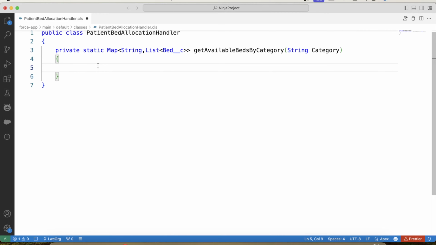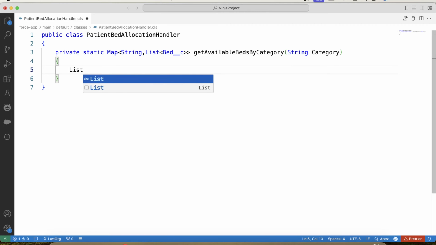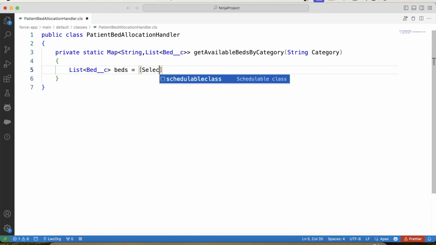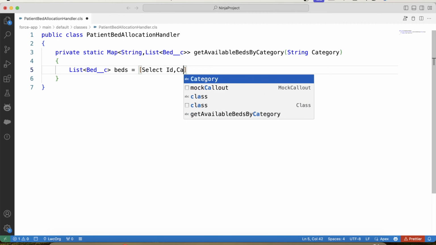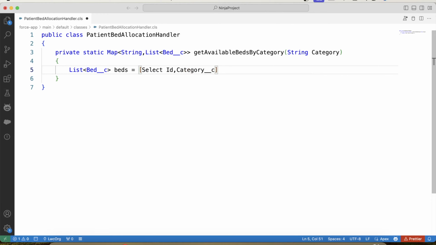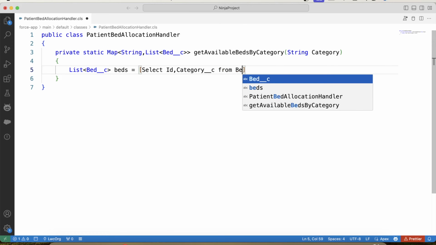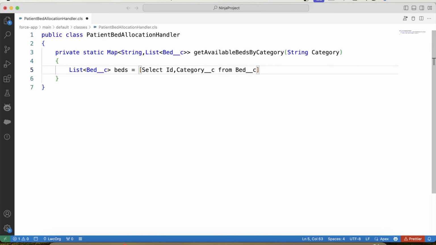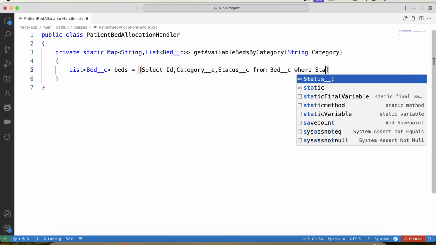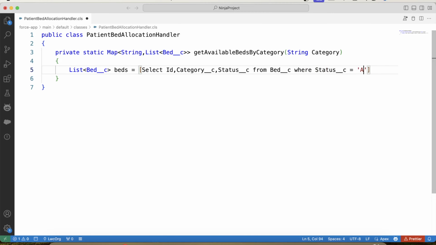Now, first let's fetch all available beds like this. Let's name it simply beds. Select Id, category, oh, let's fetch status also, where status is available,